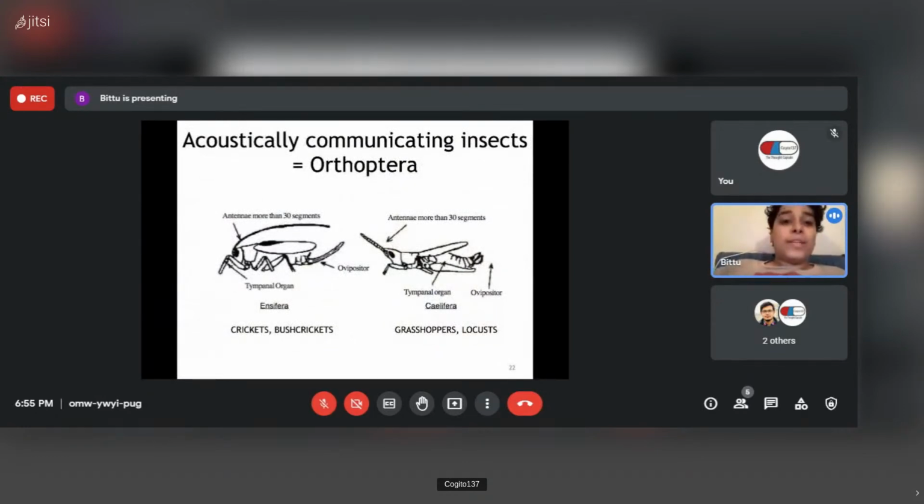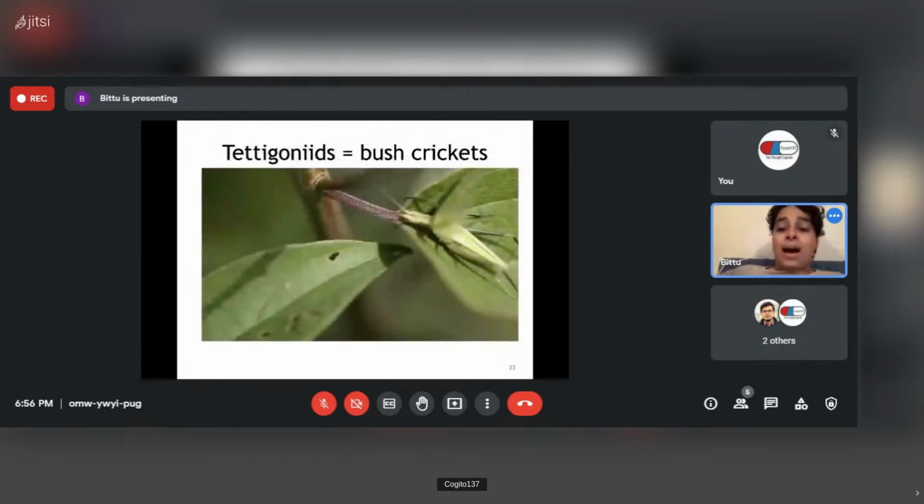Okay, so very different ways of producing sound in the case of crickets and bush crickets through rubbing the wings together, in the case of grasshoppers and locusts through rubbing the legs. I've written crickets and bush crickets among the group crickets because these are two subsets of the group of crickets. Many crickets don't produce or hear sounds, but ground crickets, which is what you saw earlier, produce sound slightly differently. Both groups use their wings, but this is a bush cricket living in a tree,